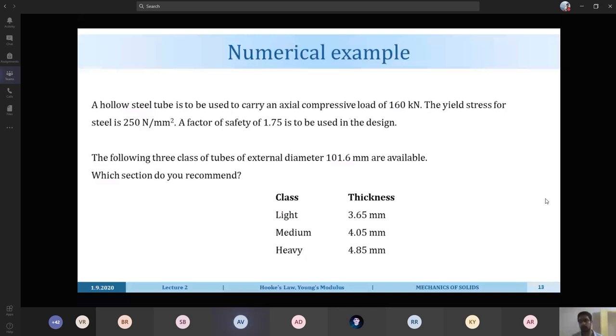And when you purchase any material from the industry, or if you are constructing, there will be a lot of design codes, and all these design codes are written with respect to the stress parameters. They are not written with respect to the load. So that is the reason why we are starting from the stress relation, not in terms of load.